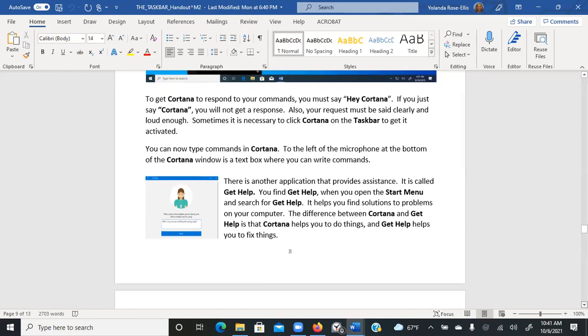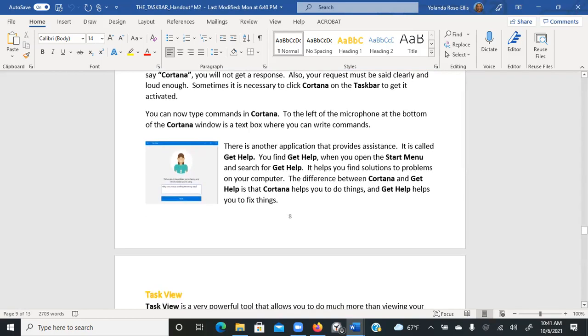Now type commands important in Cortana to the left of the microphone and the Cortana keyboard. Use a text box where you can write commands. There is another